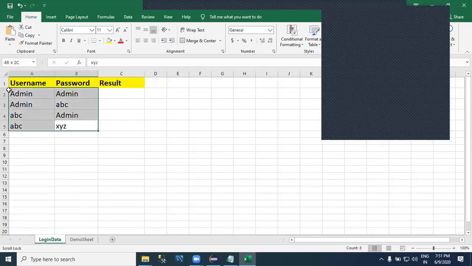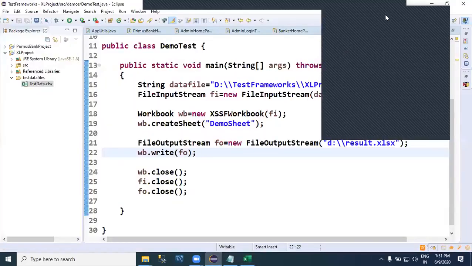For reading operation, FileInputStream is enough. For write operation, we must use FileOutputStream also. Right. Now,